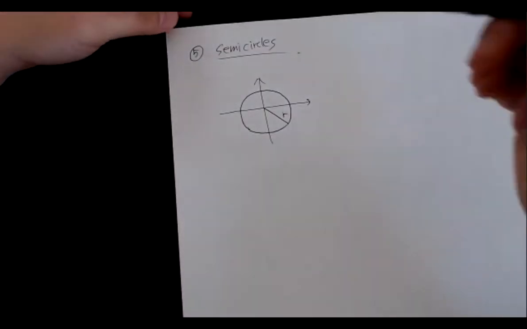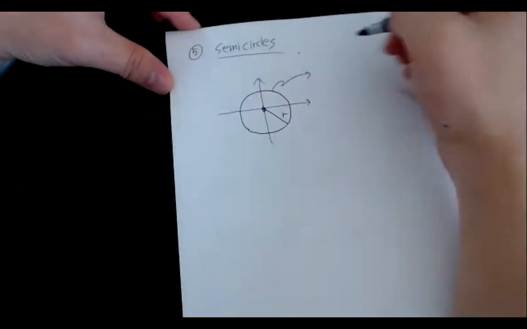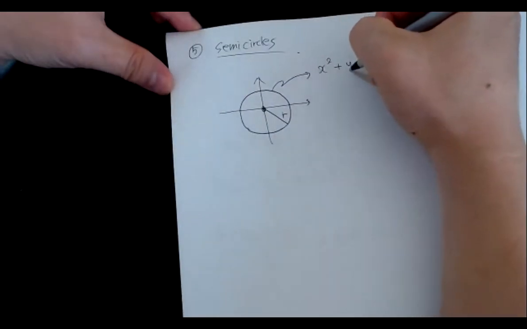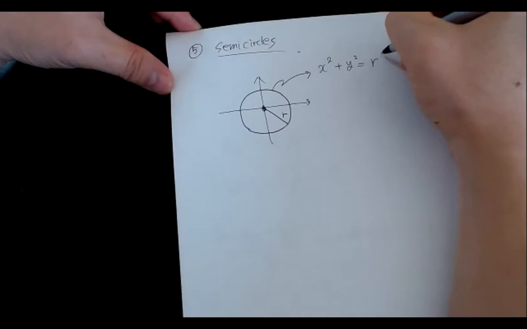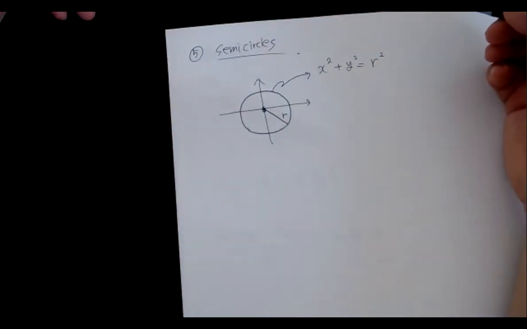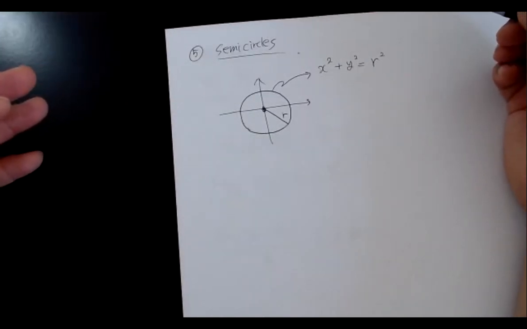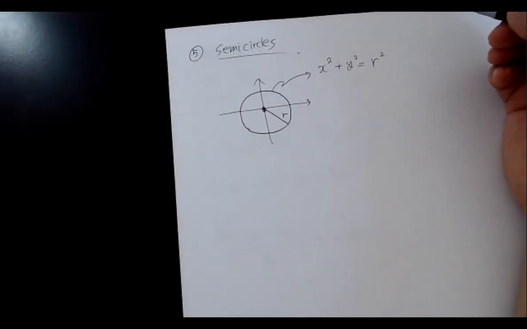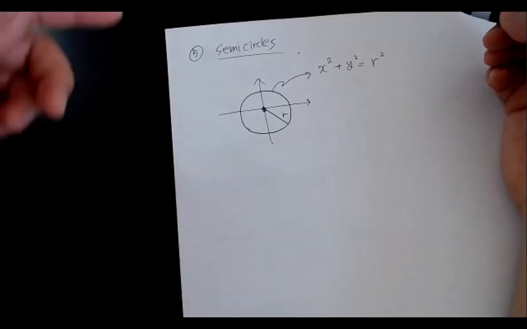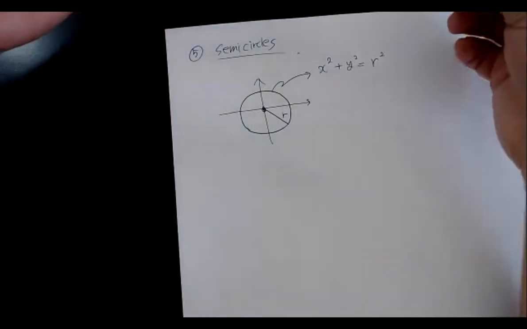All right. So now the center point is 0, 0. Then the equation of the circle is what? x squared plus y squared is equal to r squared, right? So now think about this. To get the definition of the function of the circle, I mean the semicircle, we want to find a semicircle eventually, but